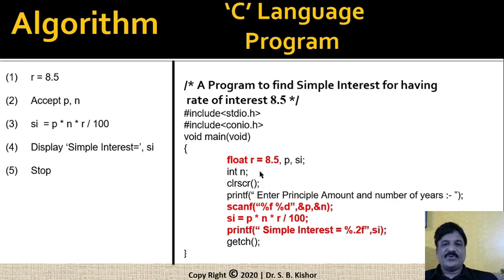Now how are you going to write the same in C language statements? Enter the principal amount and number of years. So you are going to accept two values, of which the first is a floating value, while the second is an integer value. Then perform the calculation and display the result. By default C language displays its result with 6 decimal places if it is a floating value. Now if you want to display only up to 2 decimal points, then you should write %.2f here. We will see all these things during our practical session.